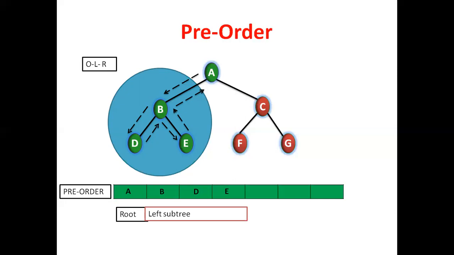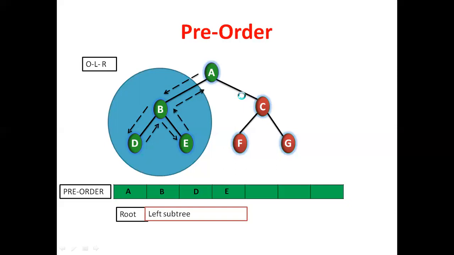Okay, now got it here. First of all, in our tree, A is the root node. Then after going to the left subtree is BDE. Again apply the OLR formula here. Means in the BDE subtree, B is the root node, right? Root visited. What is left of root? B root, assume B is the root, D is the left, right? Left part visited, and right of B, that is E, visited. So this total subtree is left of the A, right? Left subtree completed. So according to the formula, root completed, left completed. Now think about the right subtree.